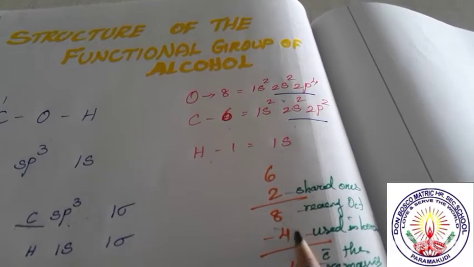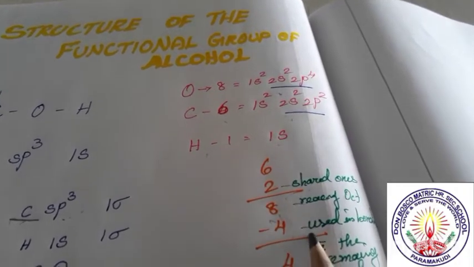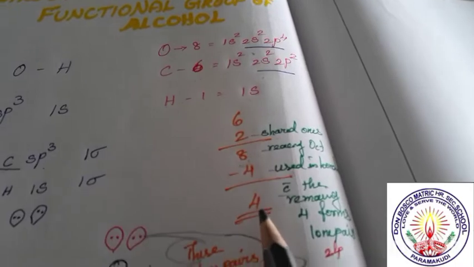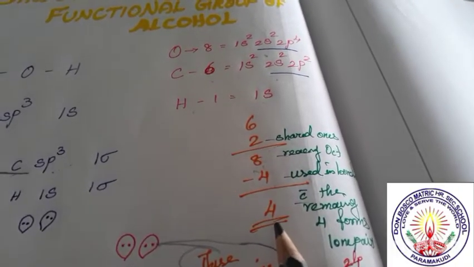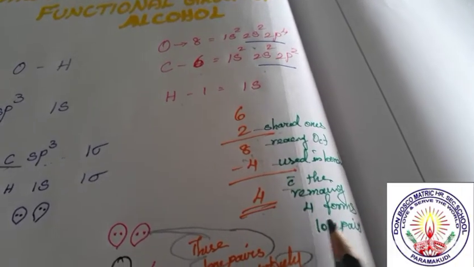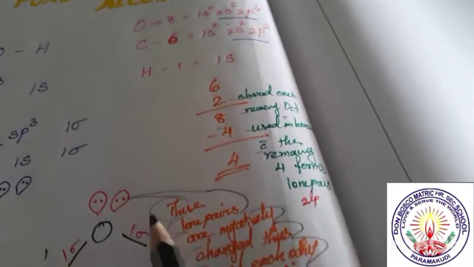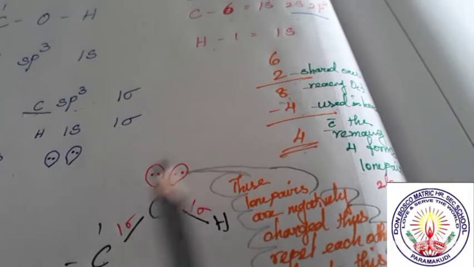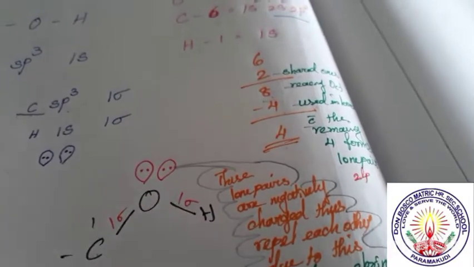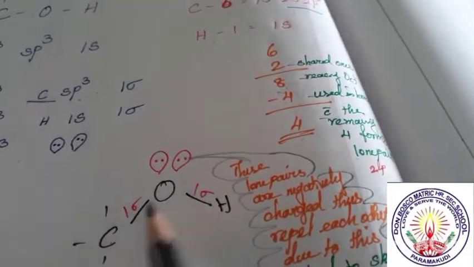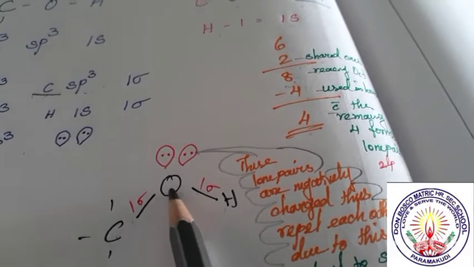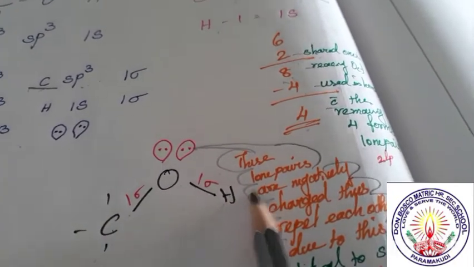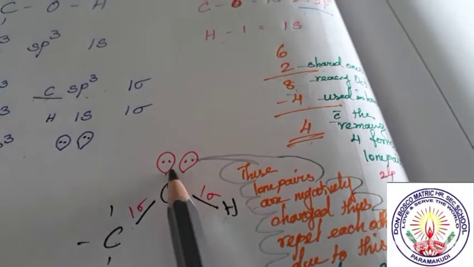And out of 8, 4 is used in bonding, so the remaining is only 4. And out of these 4 electrons they are forming 2 lone pairs. So see the structure: oxygen, carbon, hydrogen. Oxygen with carbon 1 sigma bond, oxygen with hydrogen 1 sigma bond, and the remaining 4 electrons remain as